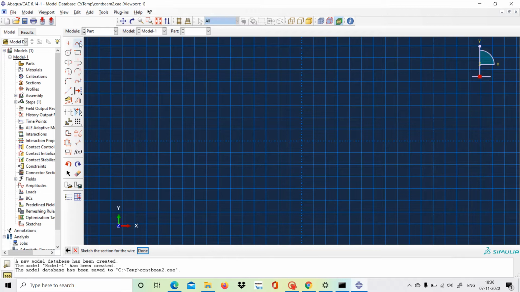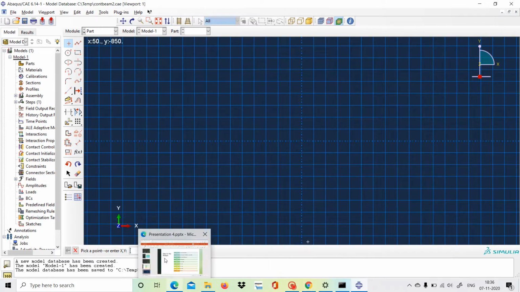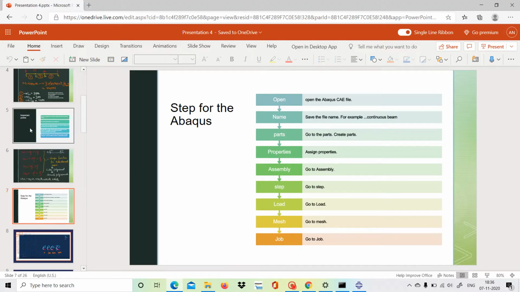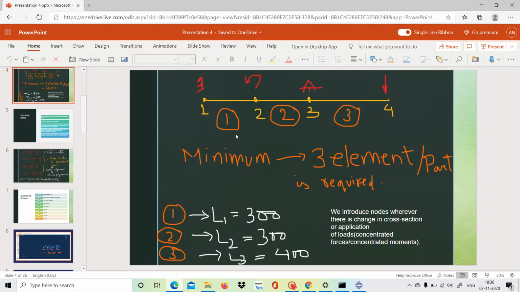So now here we will select the nodes. Create isolated points. So we have to select the points here. For that I will go back to my slides. So let me show you the slide once again, what we are discussing, it will help explain why we are discussing these points.